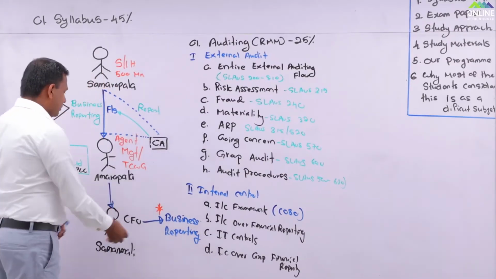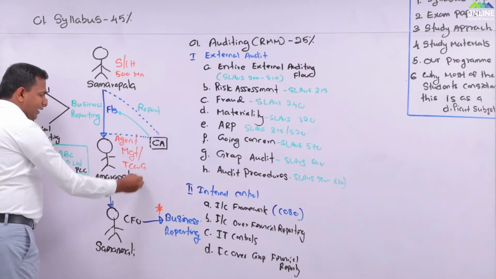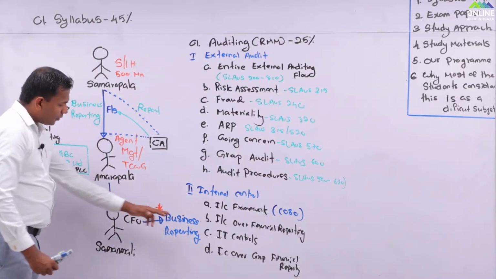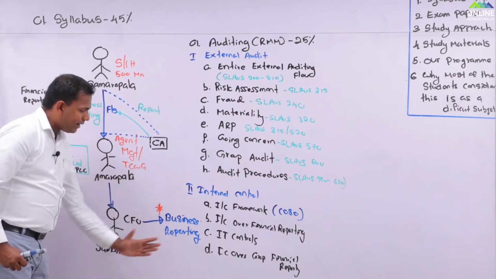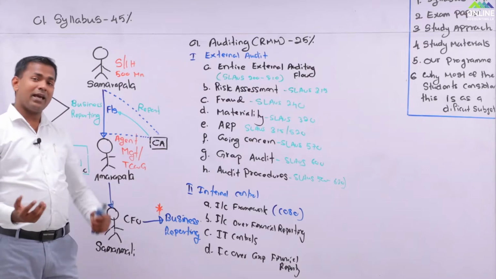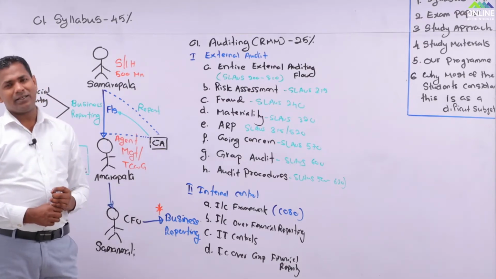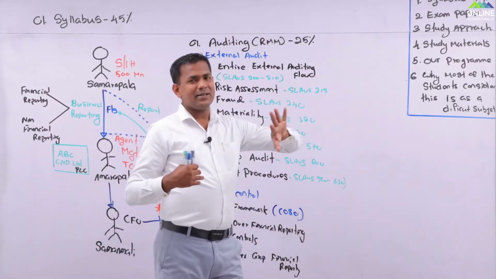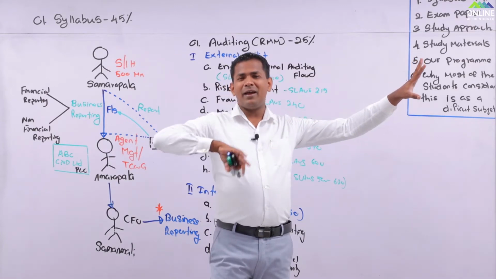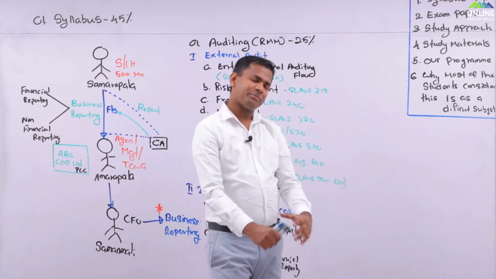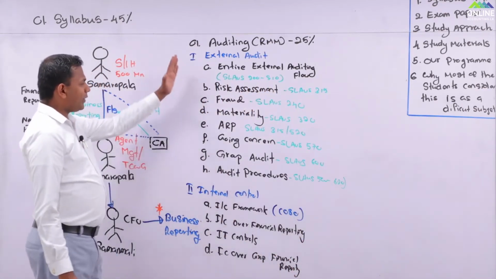Because we are mainly talking about the business reporting of the CFO job role, the internal control will be very important at the preparation of the financial statements, and out of that, what is the information technology control and internal control of preparation of group financial statements or consolidated financial statements, because anyway you are learning consolidation under this particular subject. You can see now that financial reporting and auditing have a link. On one side you learn financial reporting and the remaining part comes under auditing to support the financial reporting, right? And when it comes to examination, so there will be a